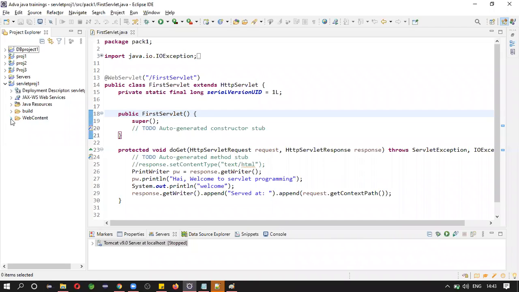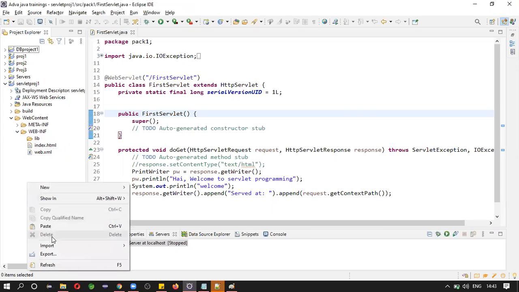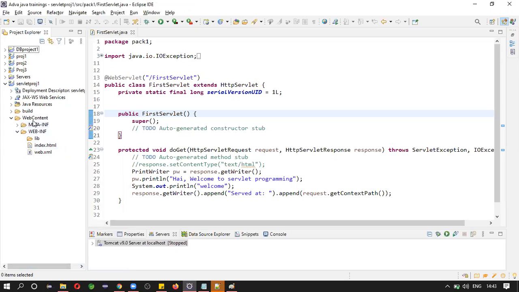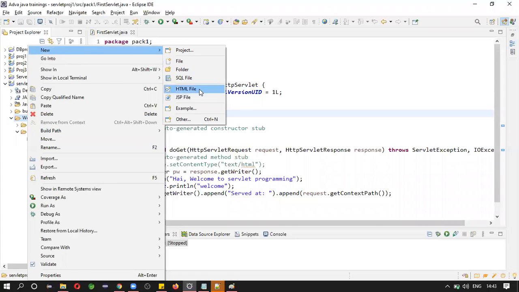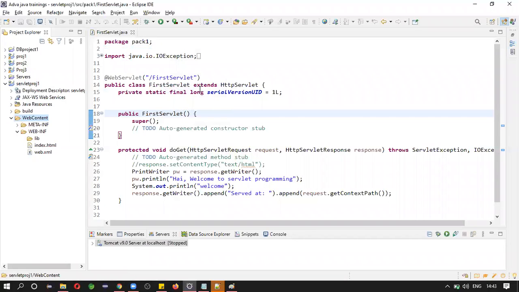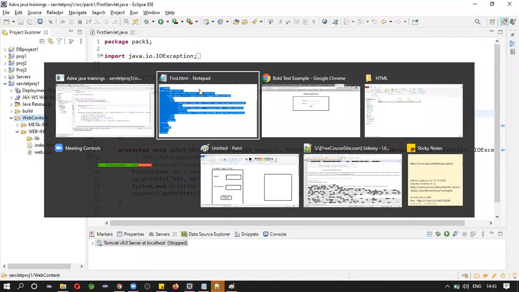Inside this web content, refresh this. Click on new, click on HTML file, and similarly change the name of the file here.